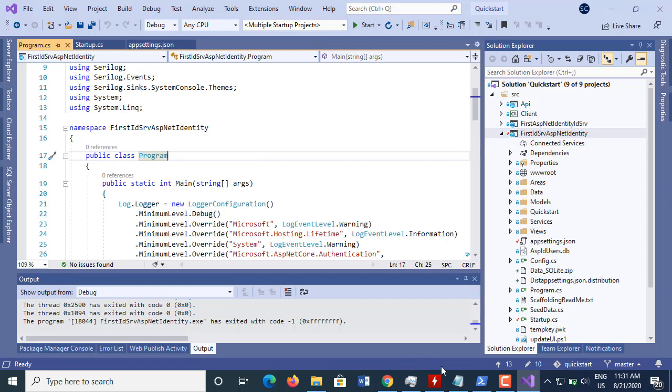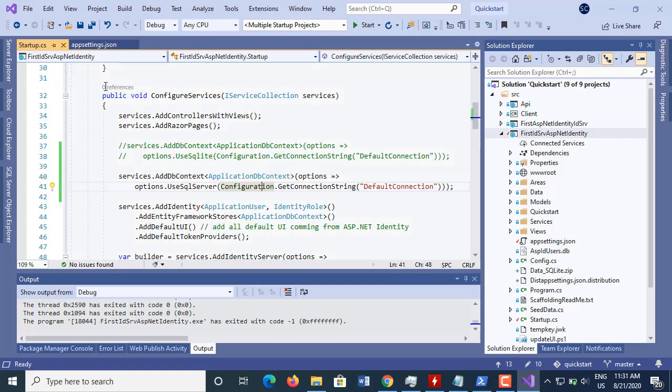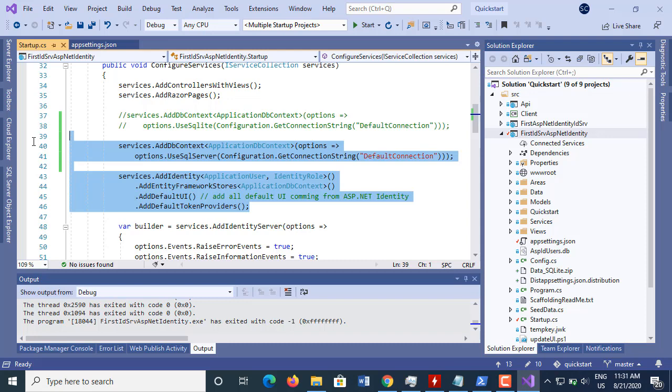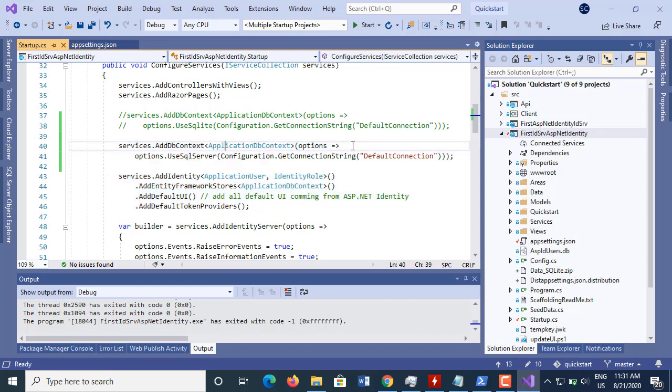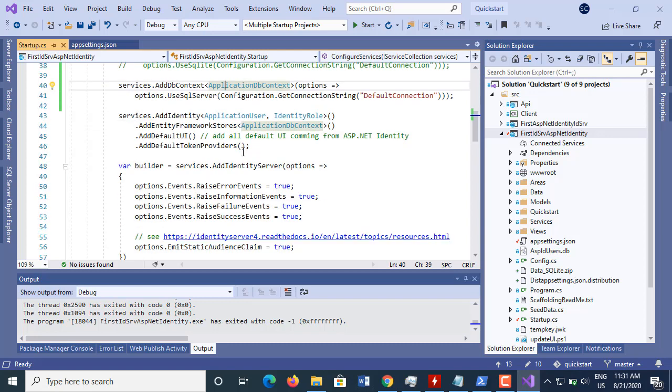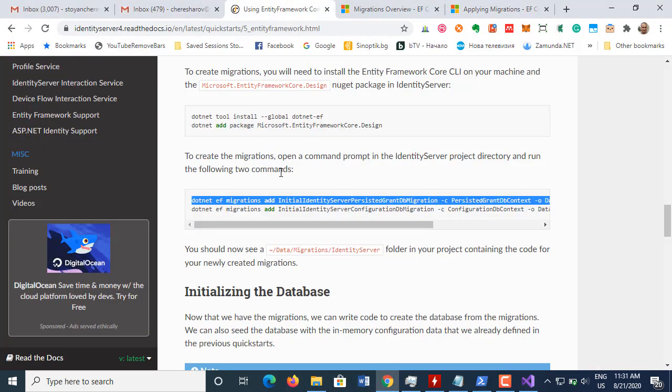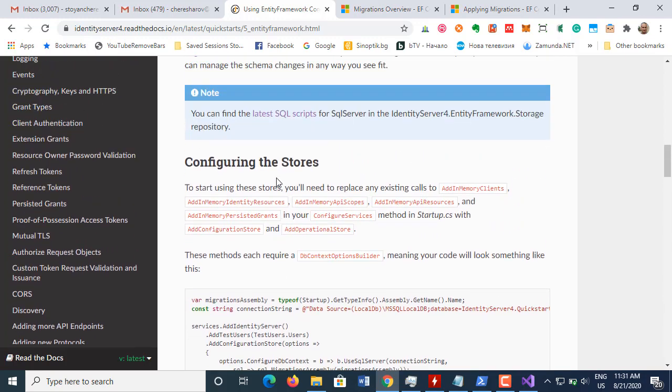So now, first things first. We created the database and we have the tables for ASP.NET Identity. So we finished with the transfer of ASP.NET Identity in the middleware. This is all we had to do here in the startup. Now let's continue. If we go back to this tutorial, which I showed to you already,